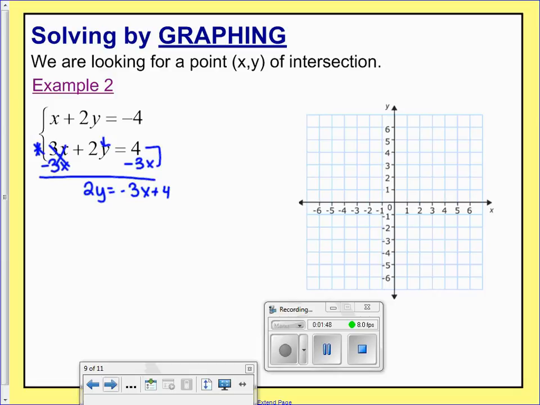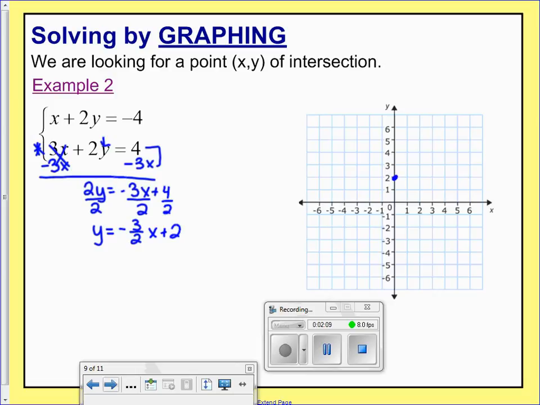These are not like terms, so I cannot add them together. All I can do is write them side by side. Let's divide everything by 2 to isolate y, and y equals negative 3/2 x plus 2. So let's graph this line. My y-intercept is at 2,